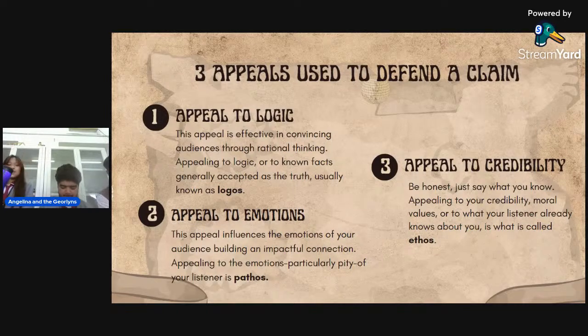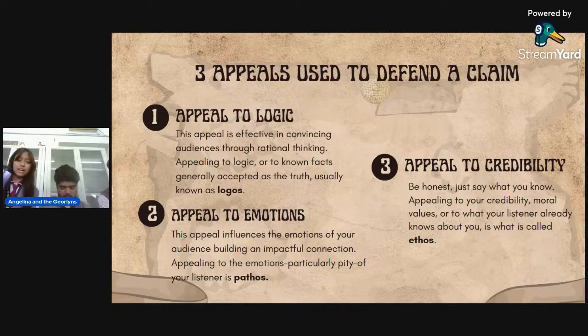And then next, you can use appeal to emotions. Say that you simply did not do it, like you aren't that type of person to do it. Since I am a close friend of Casey, I wouldn't do that to her. I wouldn't steal a pen from her. I would just ask if I can borrow your pen. You would explain that you are close to her, and you would rationalize why you wouldn't do it.